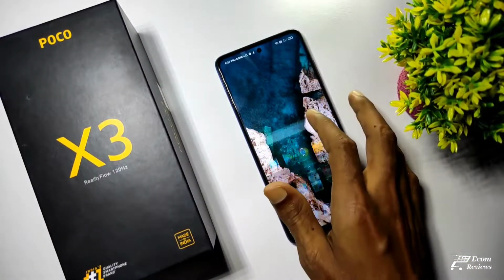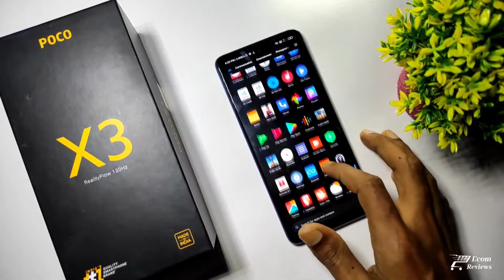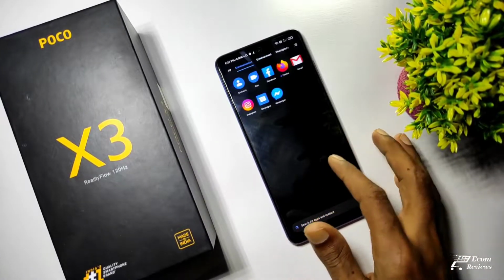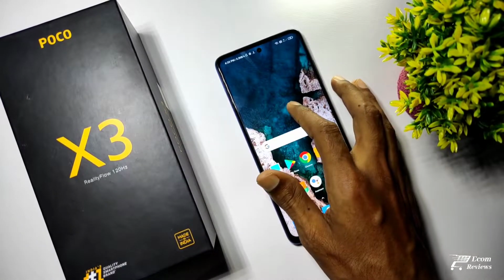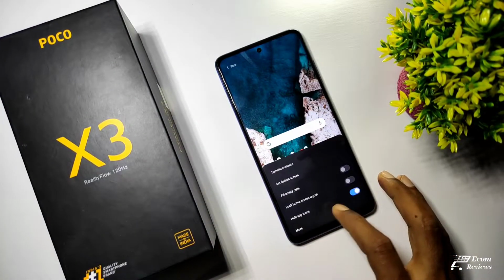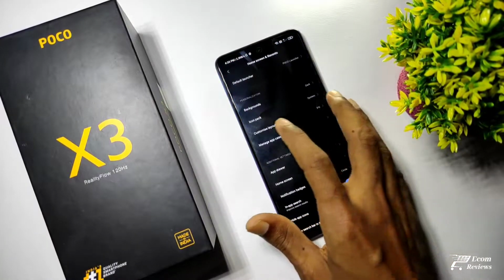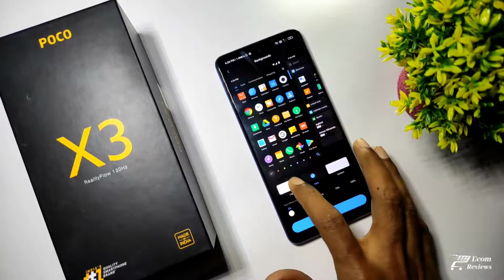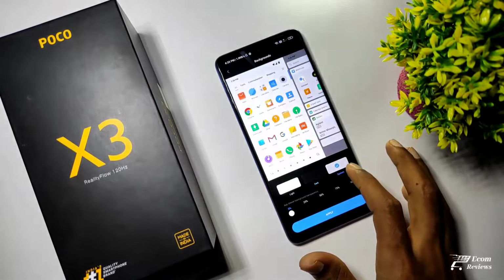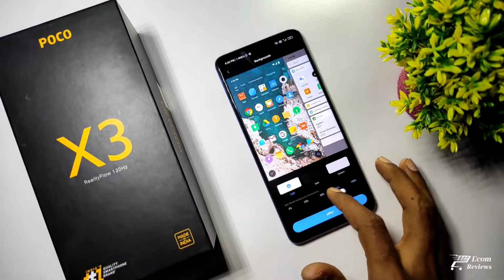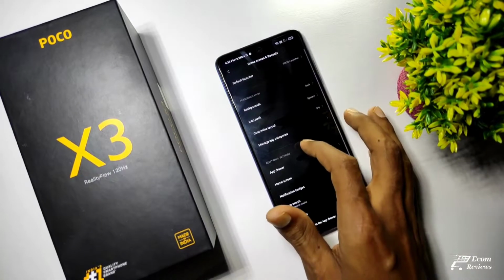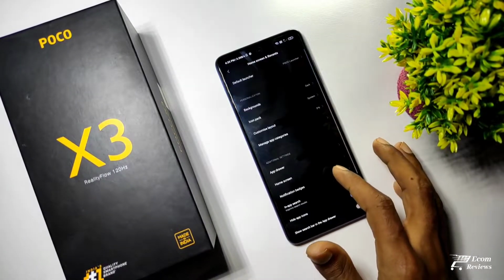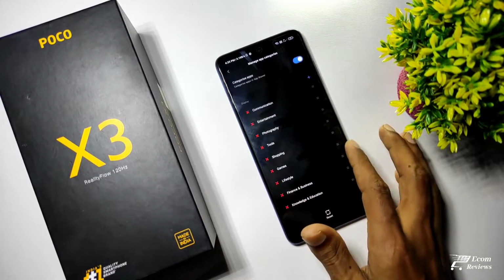The Poco X3 comes with the Poco Launcher 3.0 pre-installed and the app drawer is already there and it looks really nice. But if you want to customize it more, then just long press on the home screen and go to the settings and then again more, and here a bunch of features will show up. You can make the app drawer look dark or light, or you can even make it transparent or non-transparent, and also you can download more icon packs from the Play Store and install them on the app drawer.